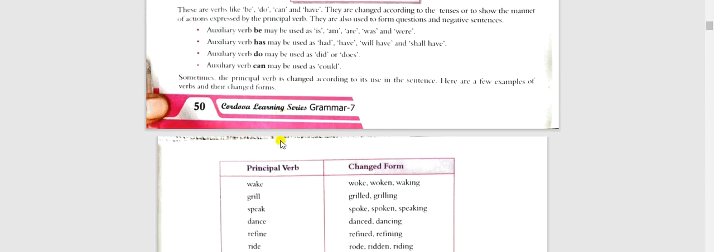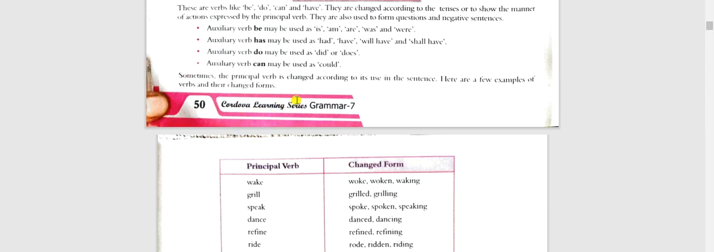सिमिलरली, नाउ ऑक्सिलरी वर्ब डू। वर्ब डू के कितने फॉर्म हैं? डू, डिड, डज, है ना? डू, डिड, डज। ठीक है। ओके, नाउ वर्ब कैन, इसका पास्ट फॉर्म यूज होता है कुड की तरह। ये तो आपको पता ही होगा।